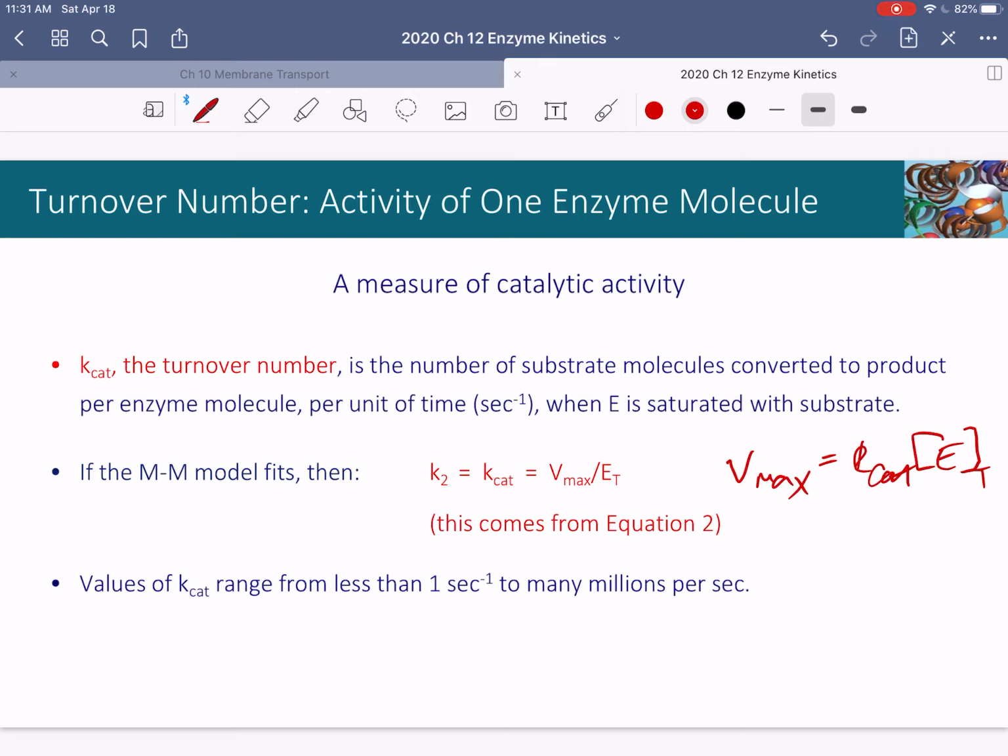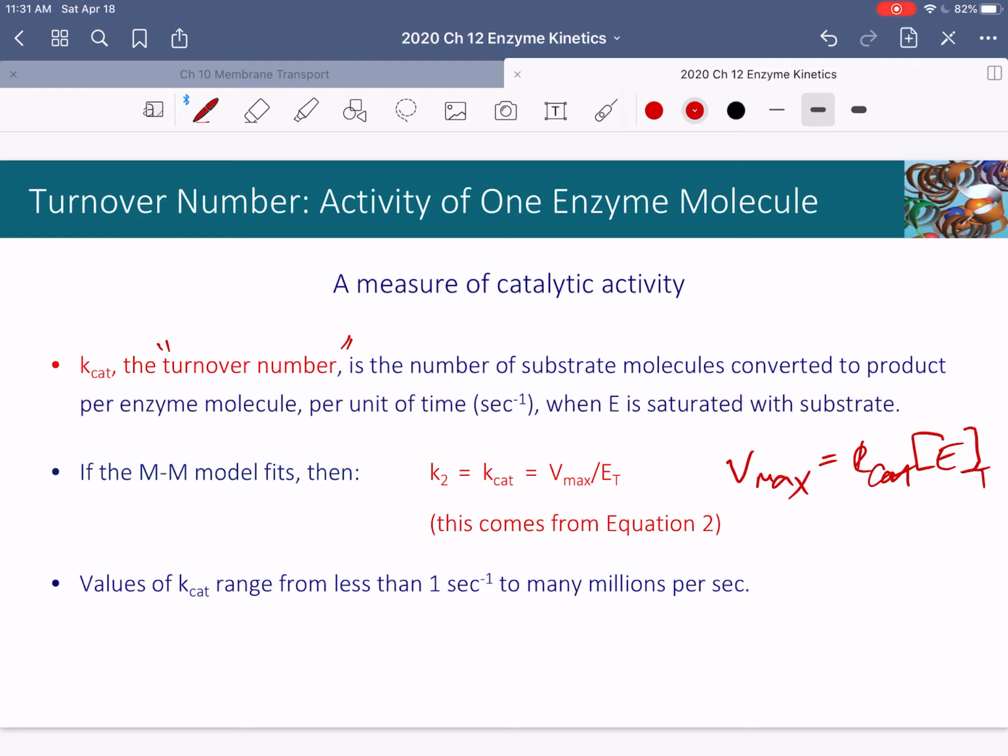So for most enzymes, Kcat is a constant. So every enzyme has its own Kcat. And Kcat can range from less than 1 product formed per second to many millions of products formed per second. Okay, remember, it is the turnover number, turnover of substrate to product. So don't make this more complicated than it is. This fancy word turnover number just means a turnover of a substrate from its substrate geometry to its product geometry, conversion of substrate to product.